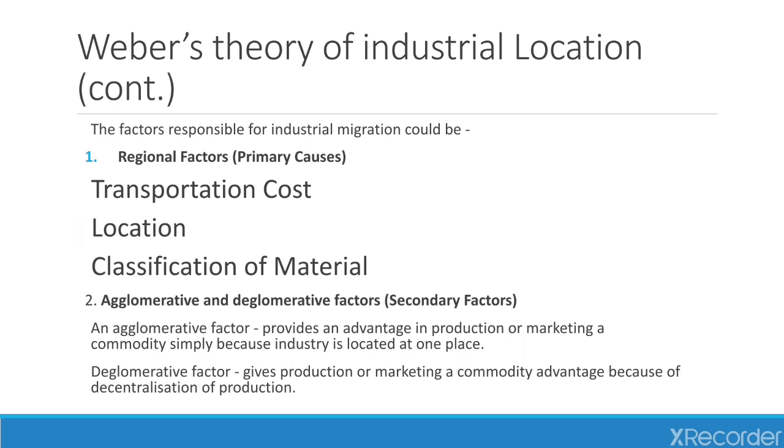According to him, the location also plays a role. According to him, classification of material can be done. A material can be classified into ubiquitous material that is suitable for movable, that is bricks, clay, etc., and localized material that is weight-losing material, raw material which can lose their weight in the process of transportation, for example sugar, cotton, wool or iron coal material, which has a bigger transportation cost.